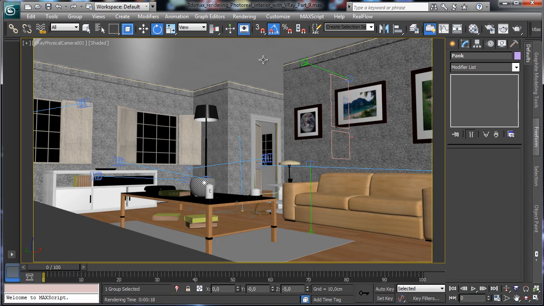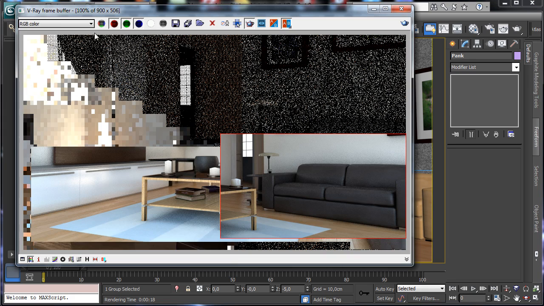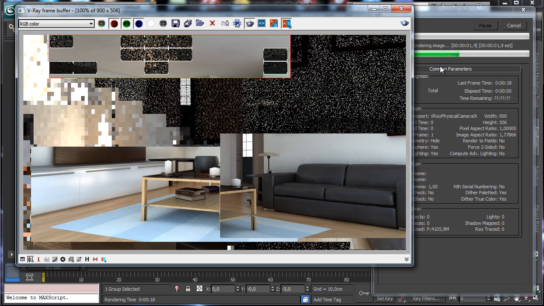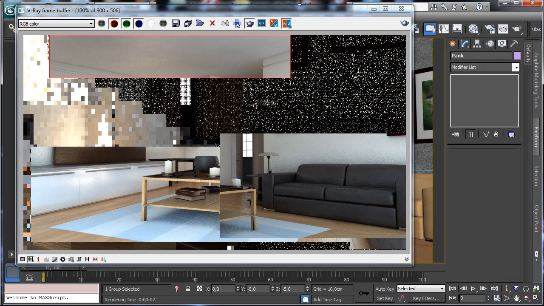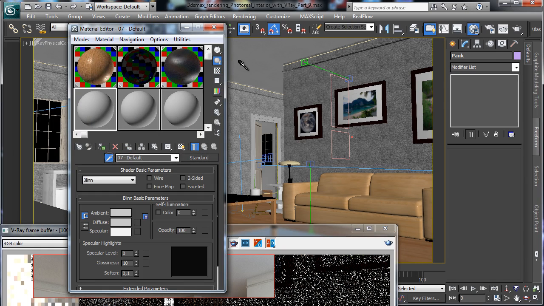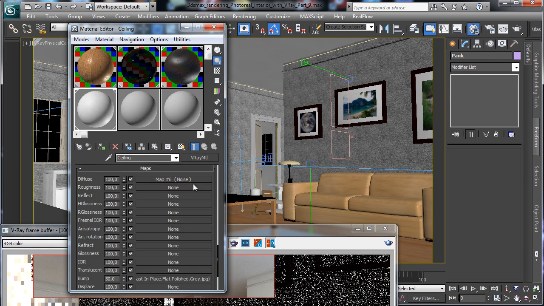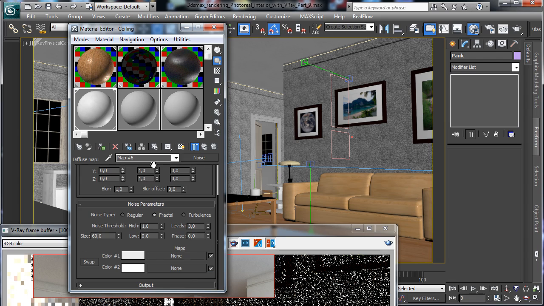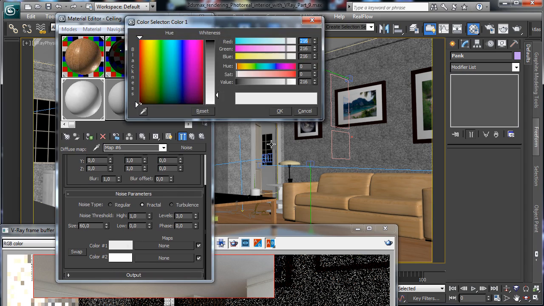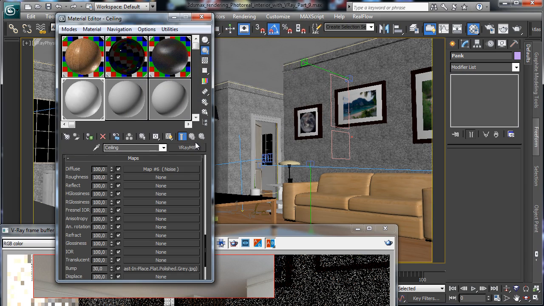Let's see the top area of the room. So render there. Okay, let's pick the material for the roof, and actually there is a noise color with a pure white and just a little bit less white. We have the bump,